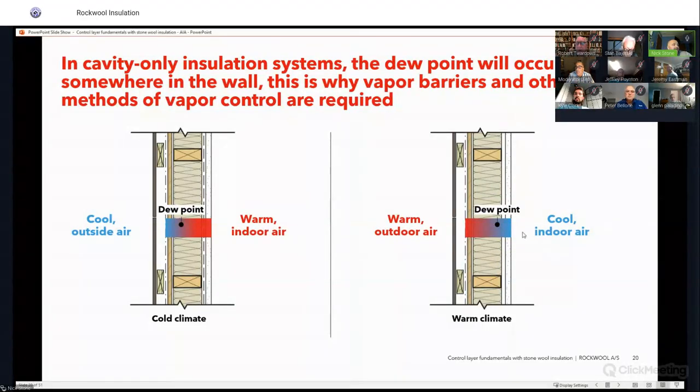So if we have cavity only insulation, when it comes to dew point, what that really means is once the vapor molecules get to critical point, or 100% relative humidity, the air can no longer hold on to the vapor molecules, and what happens is it turns into a liquid. Now that's only going to happen on the first condensing surface. So when it comes to our dew point,